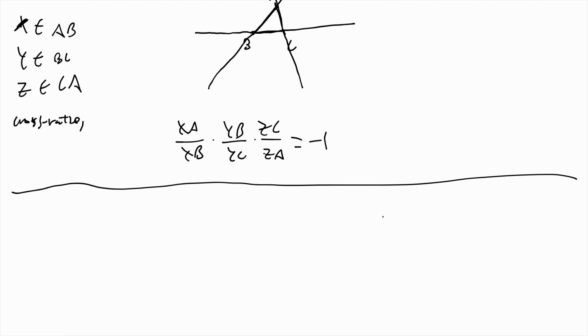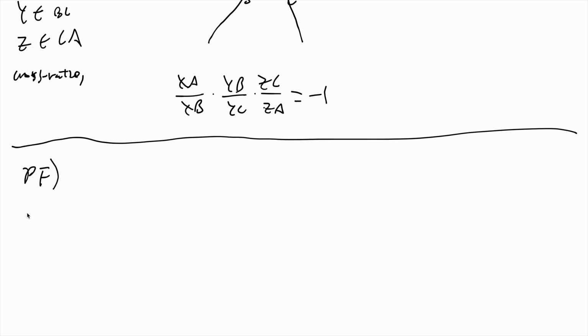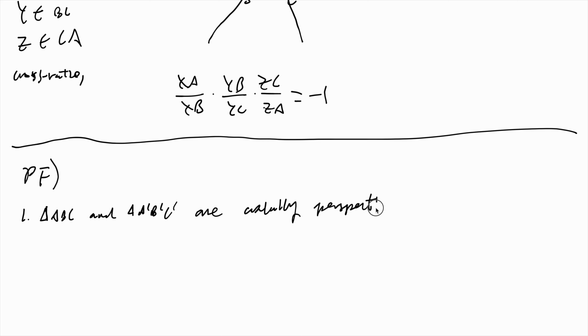And let's finally start our proof. So first, we want to prove that triangle ABC and triangle A prime B prime C prime are axially perspective if they are centrally perspective. Okay, so